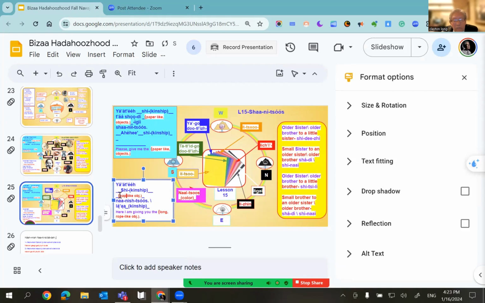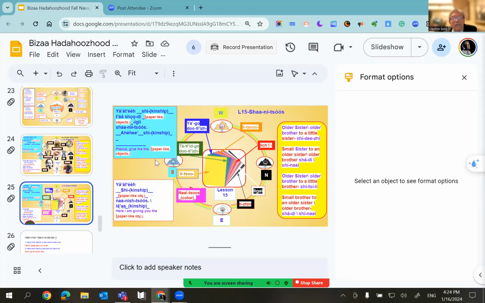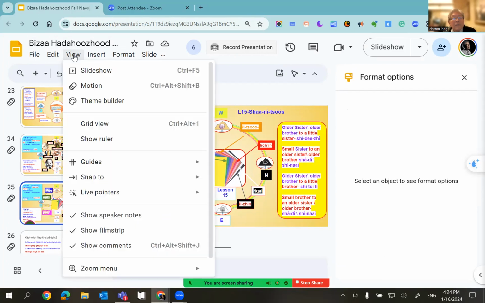Yeah, there you go. It'd be paper-like object. And then let's see if there's anything else. Yeah, this is paper. Okay, this is paper. Oh, we got that. Oh, we got it. Going back to view.